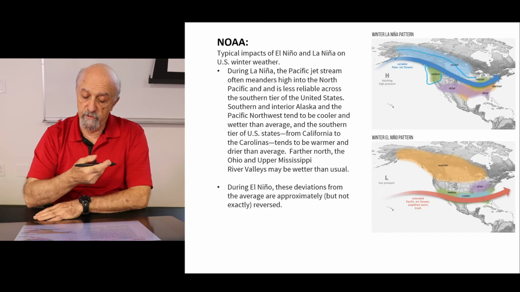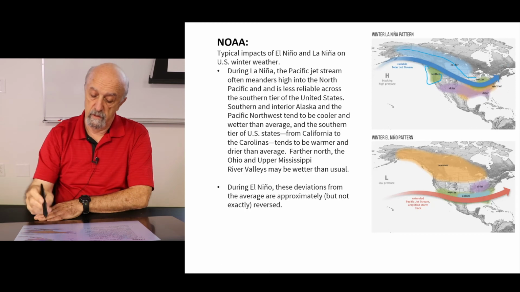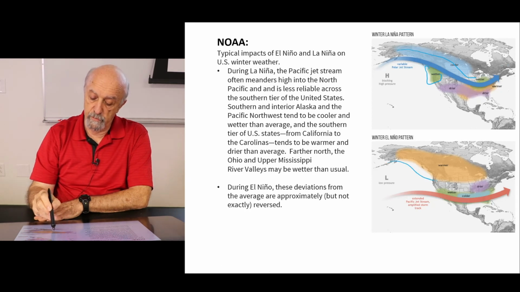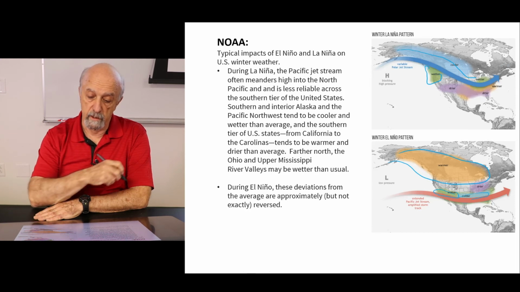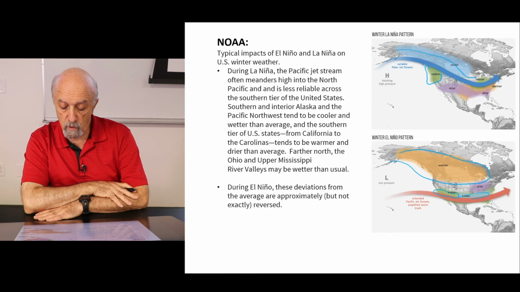Now, during winter in El Niño, we do see kind of the opposite, warmer in the area that used to be colder, and we do have colder climates in the southwest and wetter climates than normal in the southwest of